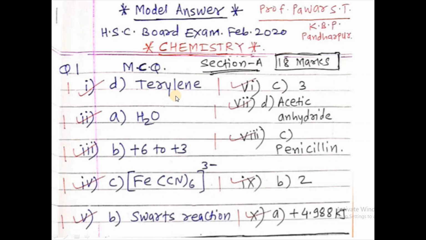Like this, another MCQ is: which among the following hydrides is not a reducing agent, and the options are H2O, H2S, H2Te and H2Se, and these hydrides are of the oxygen family. Hence oxygen, sulfur, tellurium and selenium hydrides. Among these, only H2O cannot act as a reducing agent. Hence the answer is A, H2O.